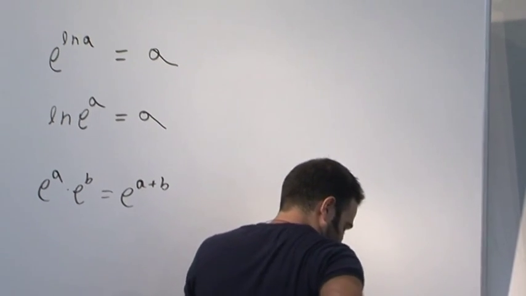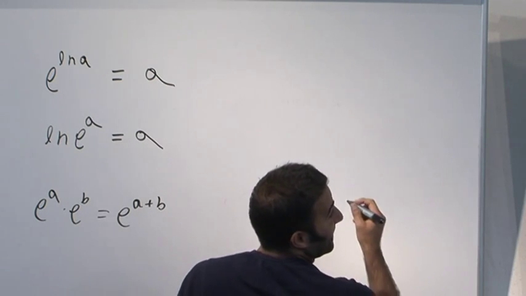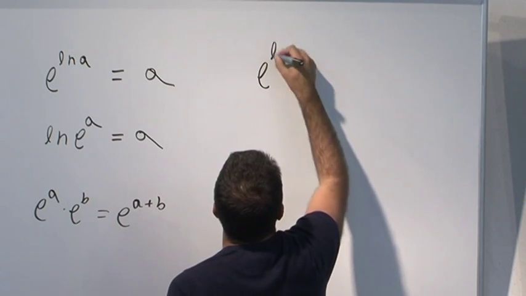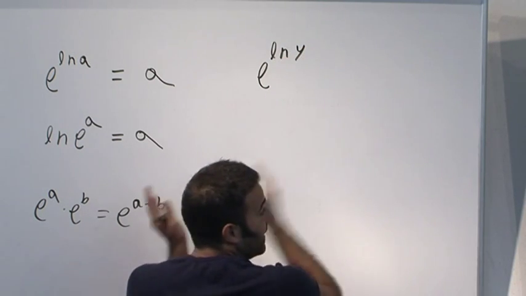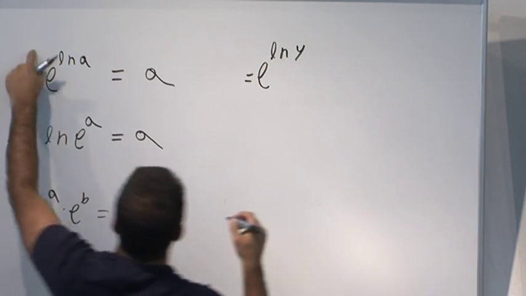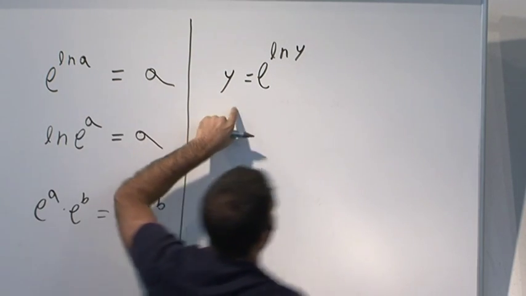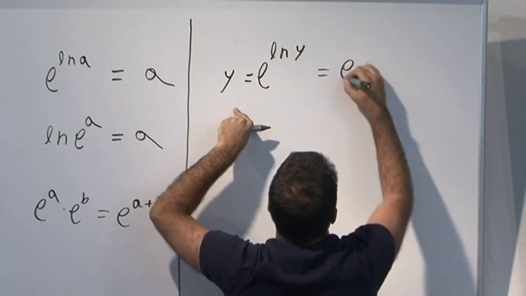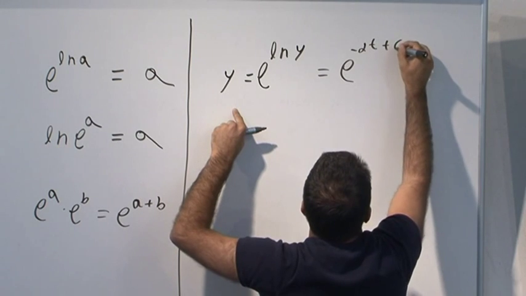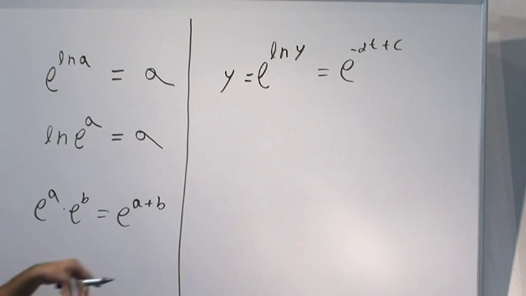If we have, you can take e on both sides, and we have e to the power of ln y on that side. I just take everything and put it in the exponent, which by that rule equals y. Same rule. On the other side, you have e to the power of minus alpha t plus some constant c, which by this rule going in that direction,